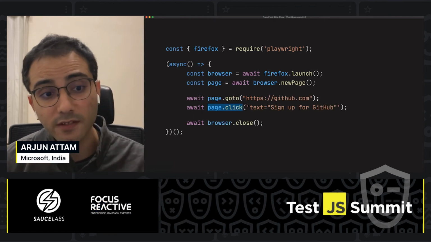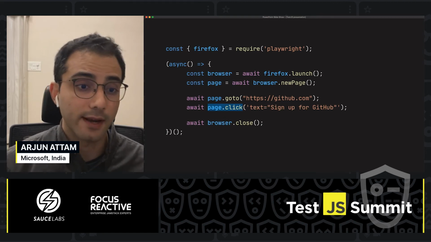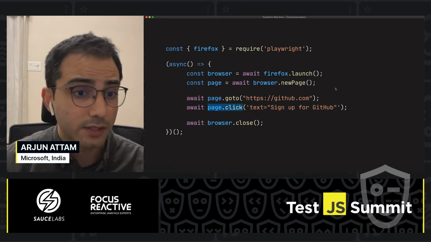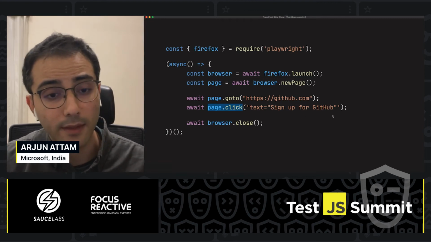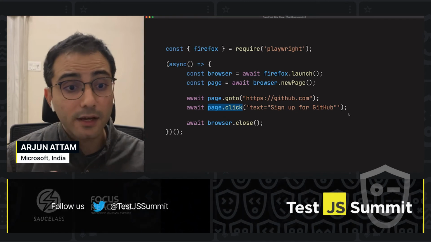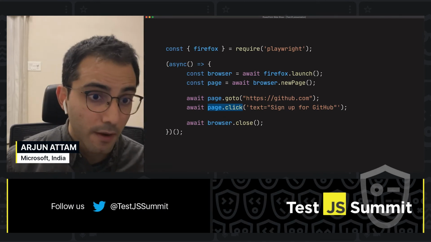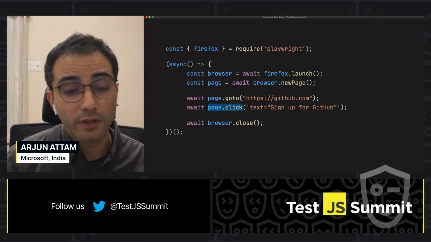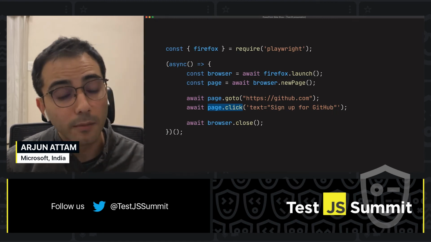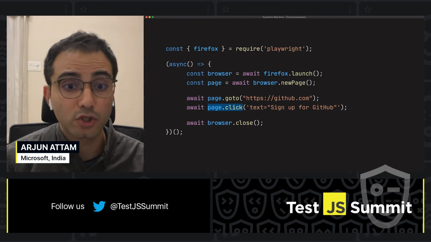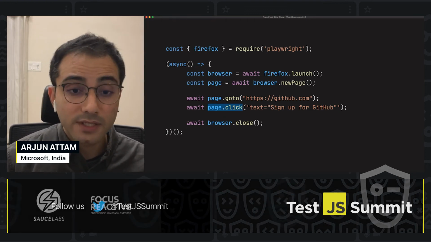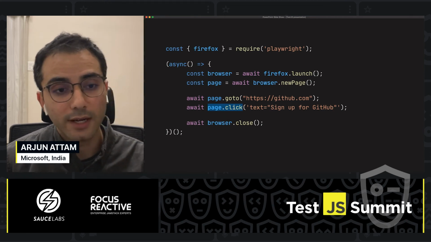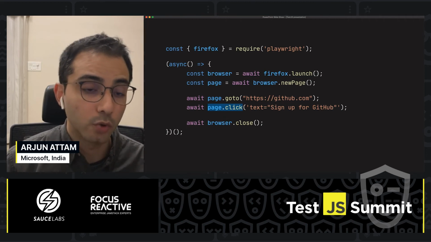Now, Playwright uses this functionality internally on every interaction. In this snippet, I'm launching an instance of Firefox, and then I'm going to github.com, and I'm clicking on a button. Notice that I did not have to use any sleep timeouts. This is because a page.click in Playwright is automatically waiting for the right conditions. It's waiting for the element to be visible. It's waiting for the element to stop animating. It's waiting for the element to receive click events. All of this is internally done for you so that your user interactions can reliably go to your applications and